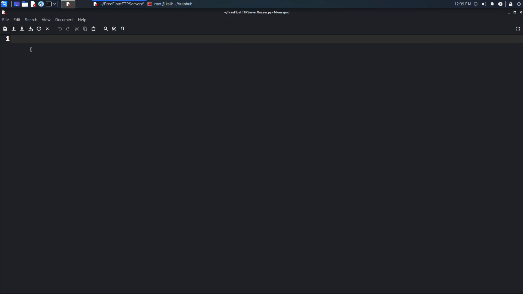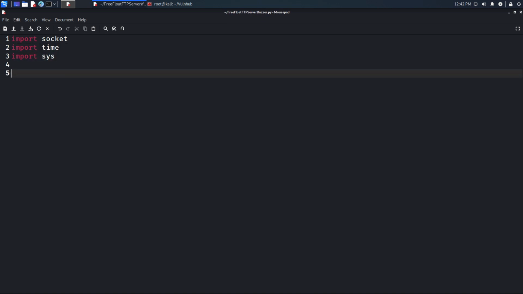Alright, so now let's actually start fuzzing the program. We are going to use a module called socket in Python. The socket module can be used to create TCP and UDP sockets. We will start out by importing the socket module, so we just type import socket, and then we will import time. We also need the sys module, so import sys, and you'll come to know why we need these